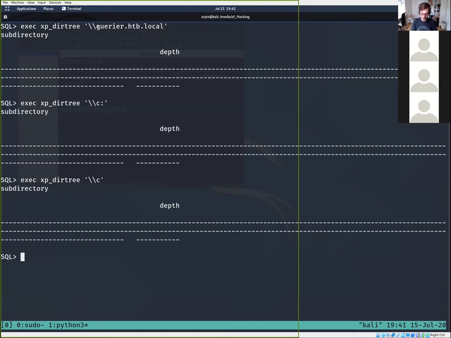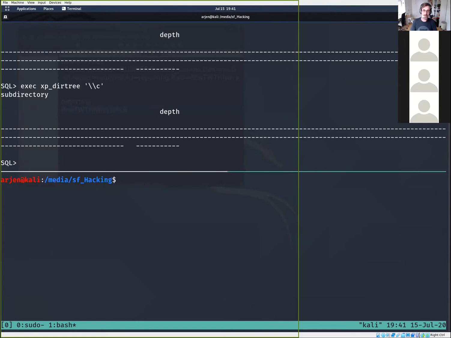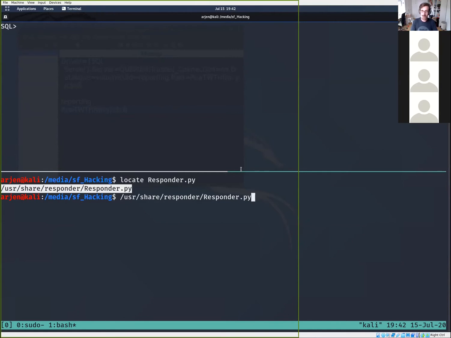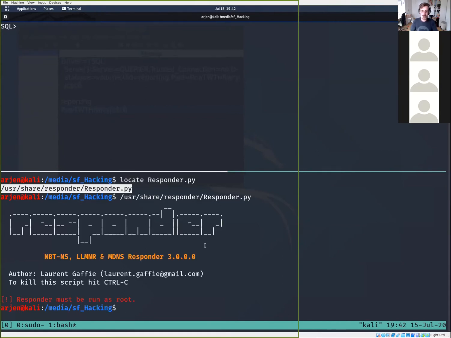So how do we do that? Let's split my screen. I'm using tmux, so I can have multiple windows and we can see stuff working together. Highly recommend getting to know tmux. If we do a locate for responder, we see that a program called responder is stored in another non-default location. If we run that, the first error message is that it should be run as root, which is awesome. We just do sudo